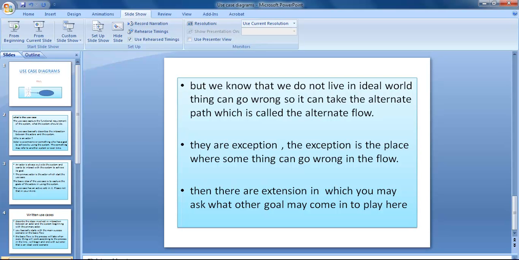Suppose you are going to your office directly, and you have to go from point A to point B. But the problem is that you also have to go to the bank in the morning. Now what would you do? You usually go to the office. That is the basic flow. You pick up your car, you drive to the office.